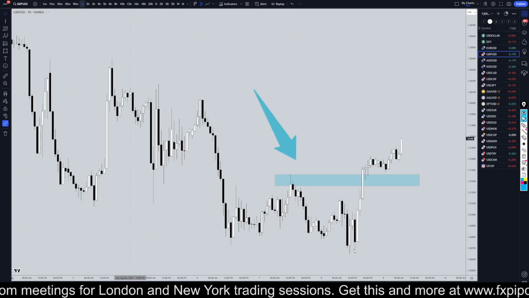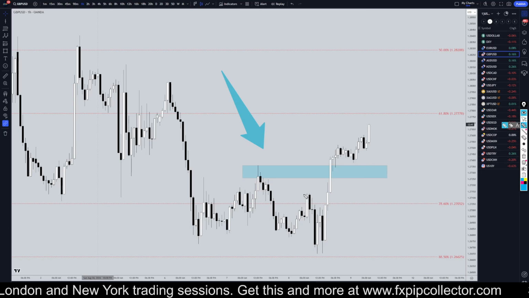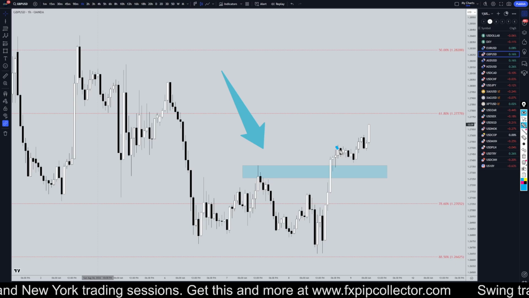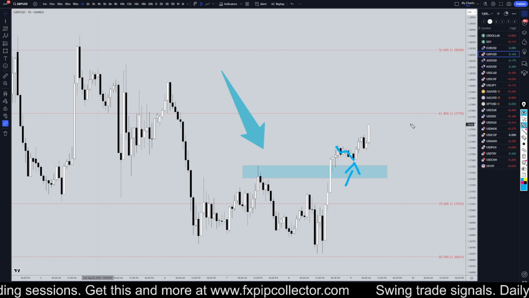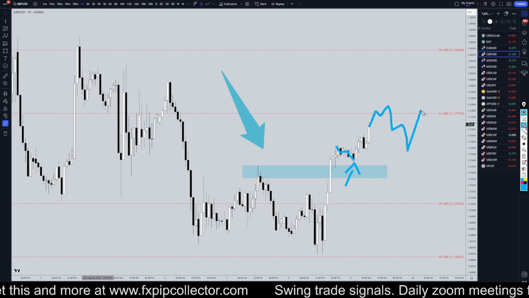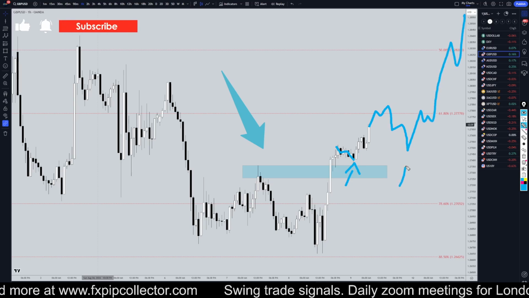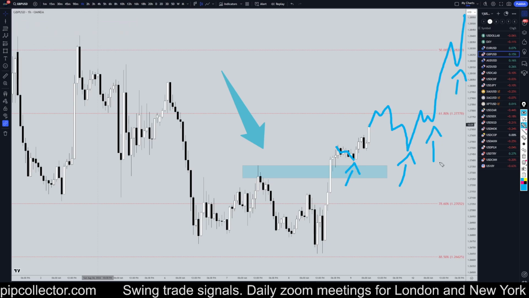So taking it down to the 1 hour time frame now that we got that nice break and hold above structure, I am definitely looking for longs. I'm looking to get in on pullbacks, so pullbacks like that is what I'm looking for. I definitely wouldn't go long right now, but when and if it does make its next pullback, I definitely will be looking to get long at the end of every single pullback I see for the continuation of this uptrend,